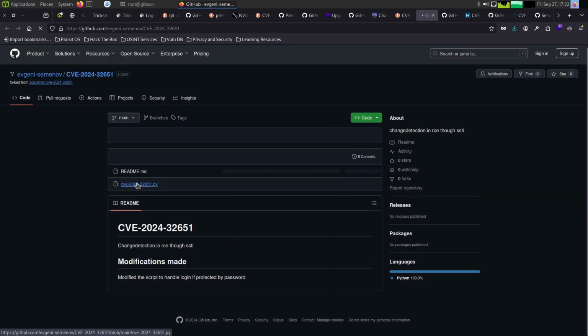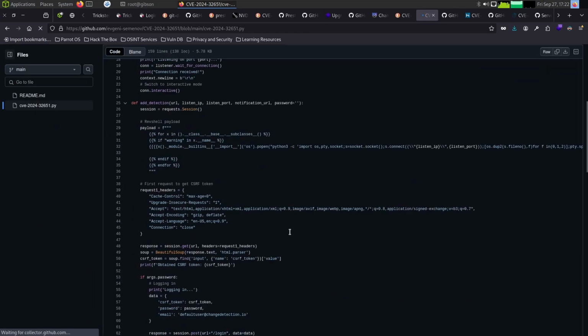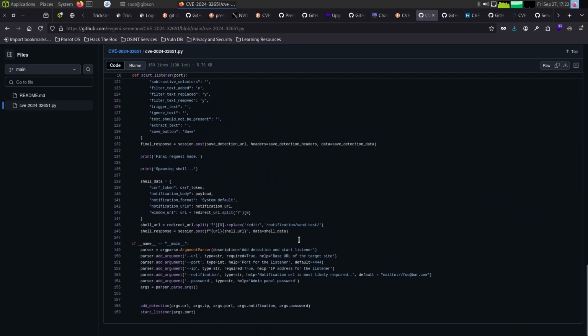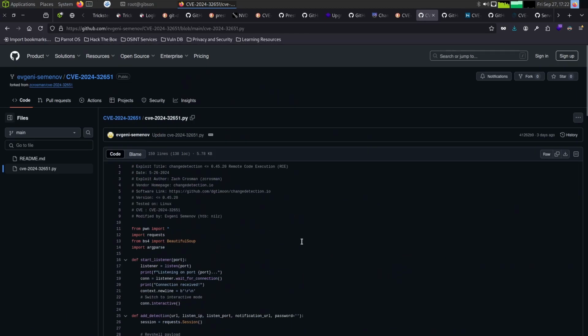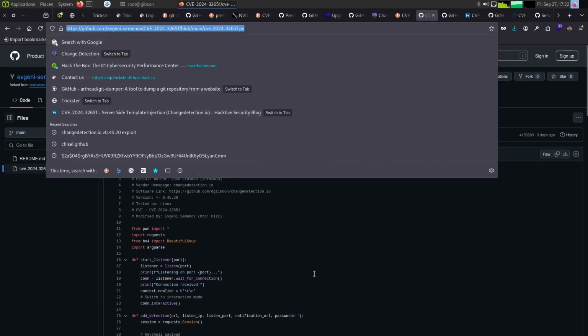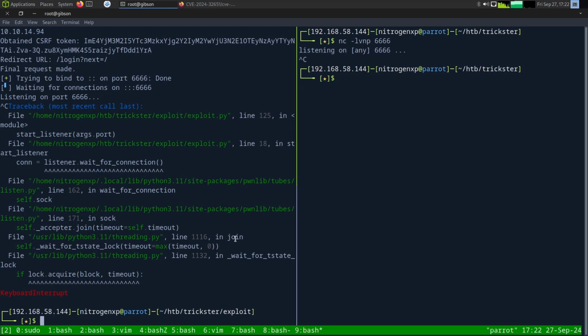Okay, yeah, modify the script to handle login if protected by password. Yeah, we need this one because the other exploits were basically assuming that you're authenticated already to the application,